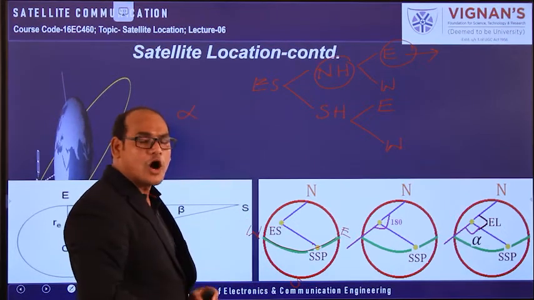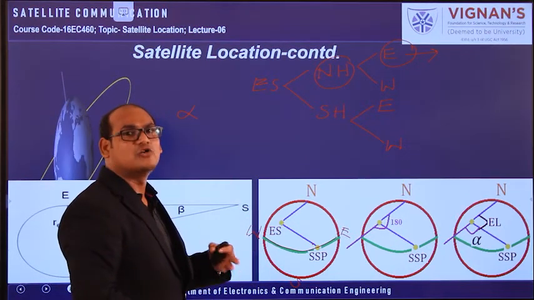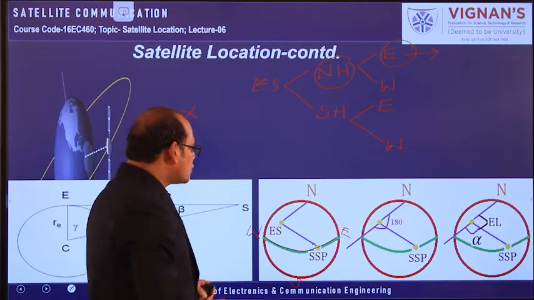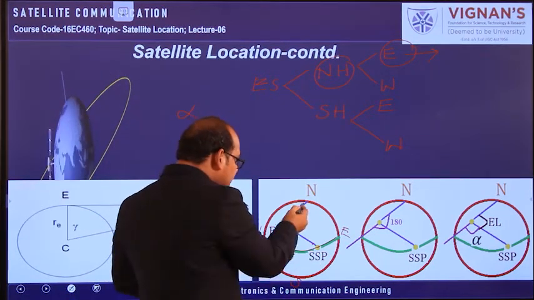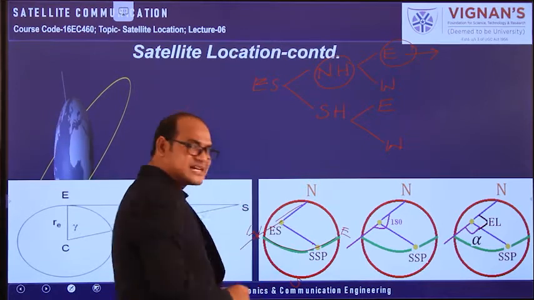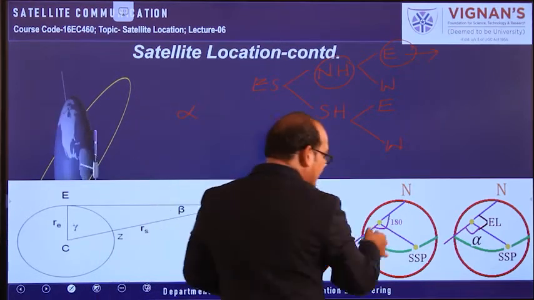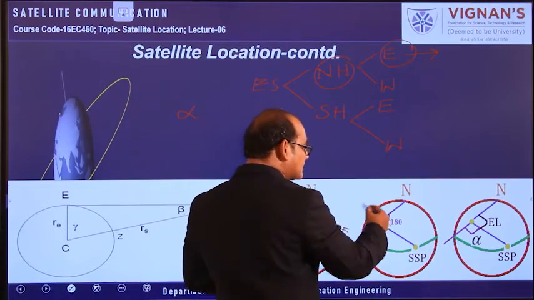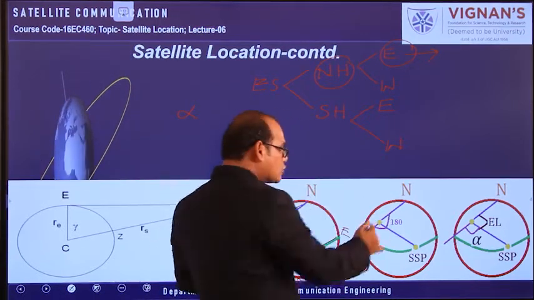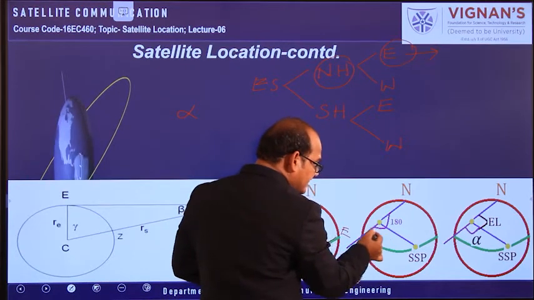After taking this one, how do we get the alpha value, or how do we get the azimuthal value? After identifying the case, what we need to do is extend this line. By extending that line, on the line, anyway, we have 180 degrees. Whether you see this side or this side, 180 degrees is there. So by extending this line, here 180 degrees is there.